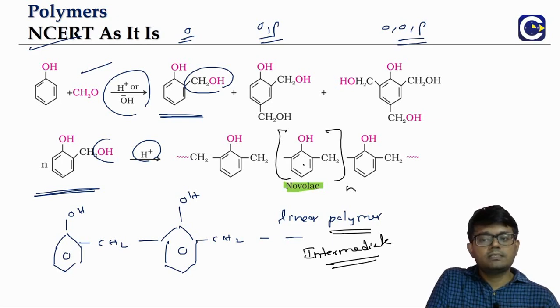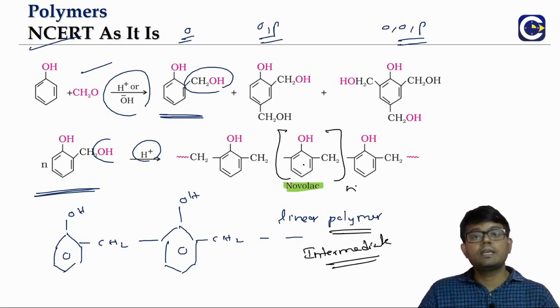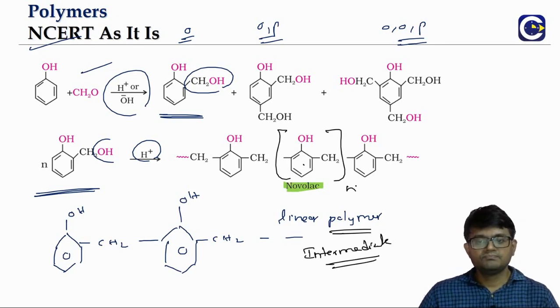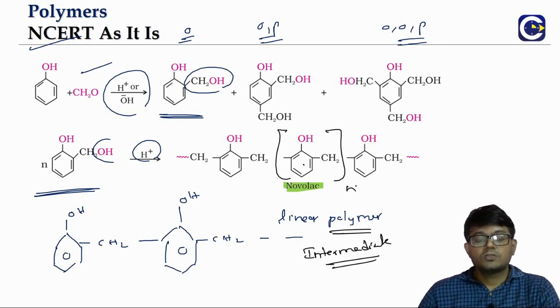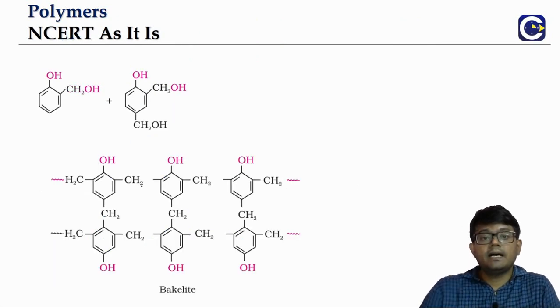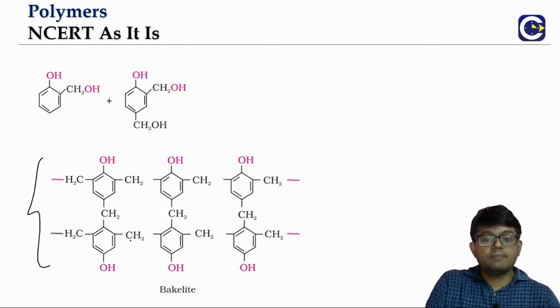Benzene ring, OH, CH2. This is the repeating unit part. That is how we can represent the structure of the Novolac. So how do we obtain the Bakelite? Bakelite is a three-dimensional polymer. So Bakelite can be obtained, so we'll see, this is the structure of Bakelite, but we'll see how this will